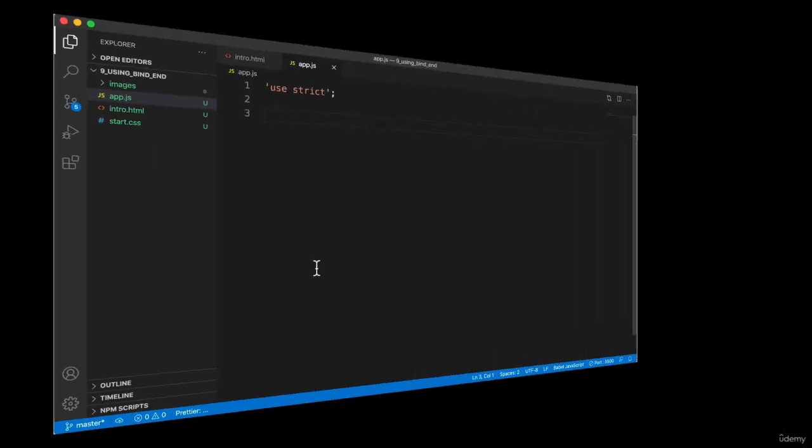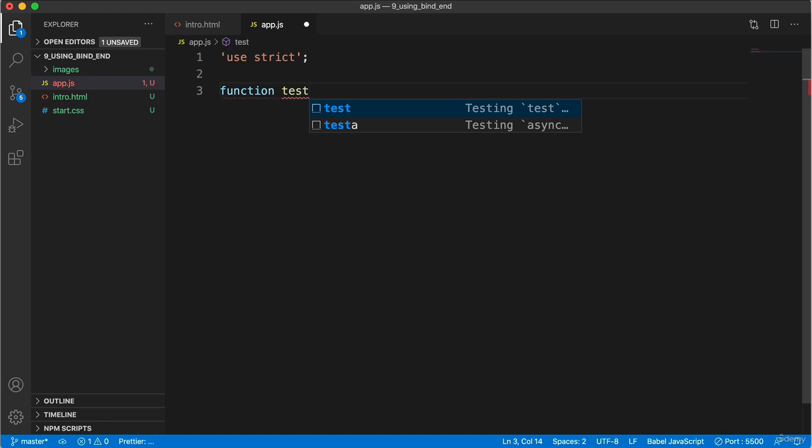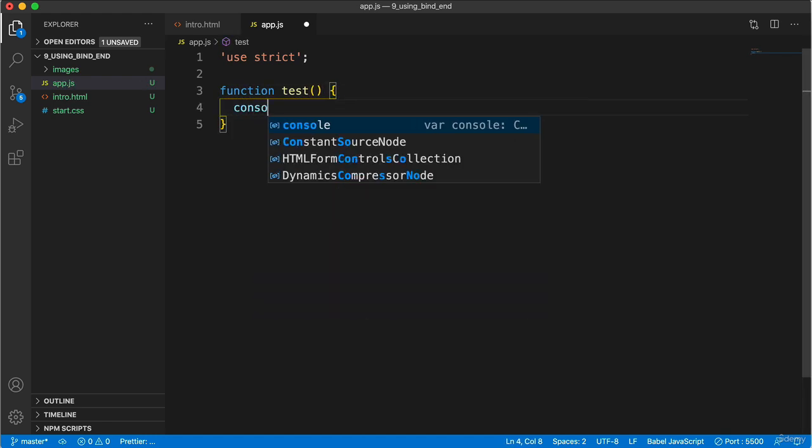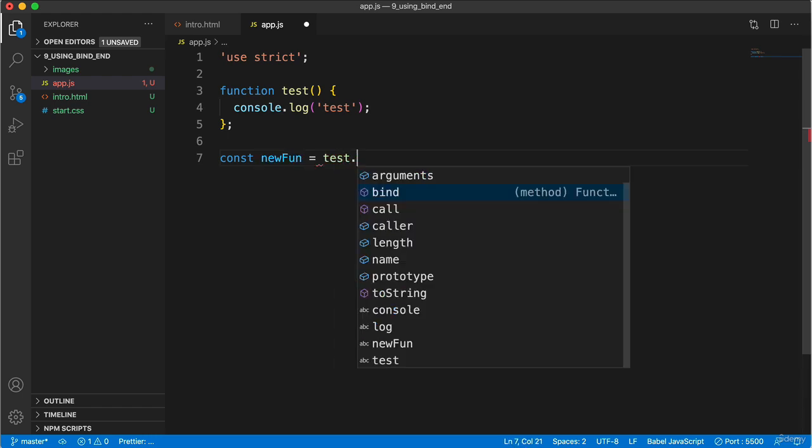Let's look at a simple example, and then we will look at how it can bind an object to the keyword this. So I'm going to set up our simple function again, test, just logging to the console the word test. That's all we're doing. Go ahead and put the semicolons in. Now, if we wanted to invoke this function with bind, we actually need to store the results of bind in a variable, because remember, I said bind returns a function. So if we set up const newFun like this, and we set that equal to test.bind,